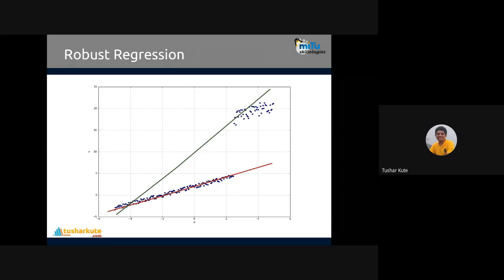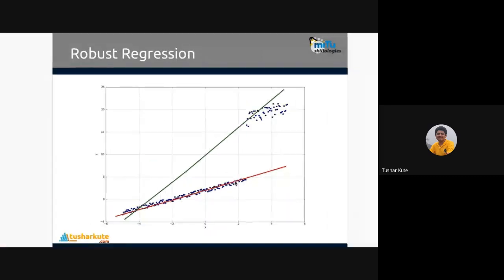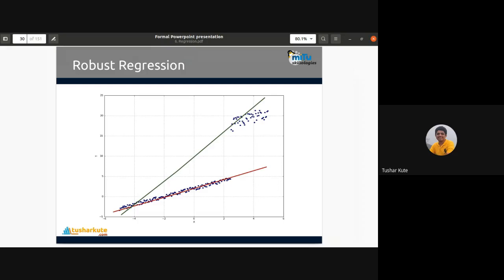This is the last method that we'll talk about, and then we'll go with the theoretical concepts connected to the regression methods. So robust regression is this one. We'll check a simple effect of robust regression now, and how it can be created. The RANSAC regressor is used for the same purpose. Let's see by a simple practical application how exactly this is done and see the effect of robust regression.